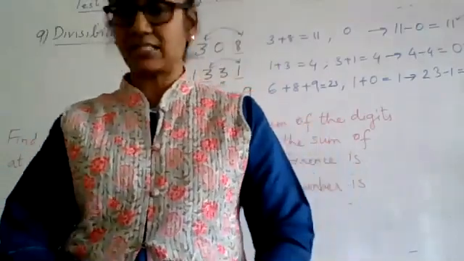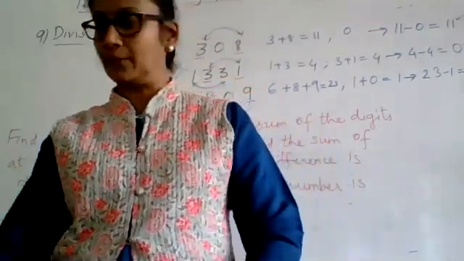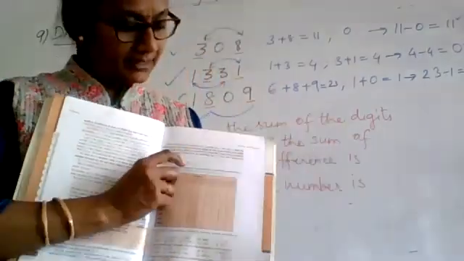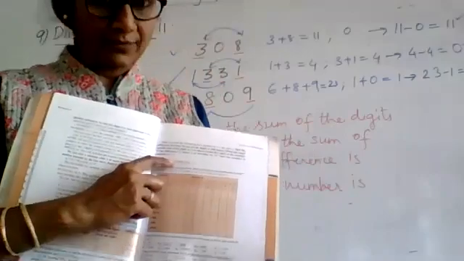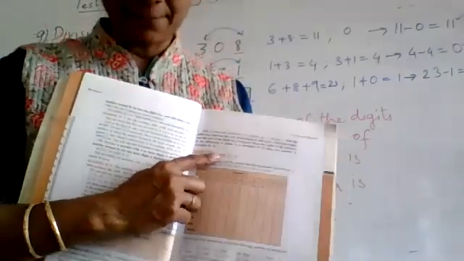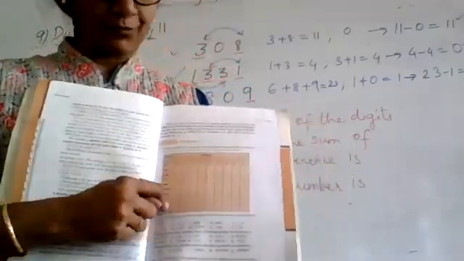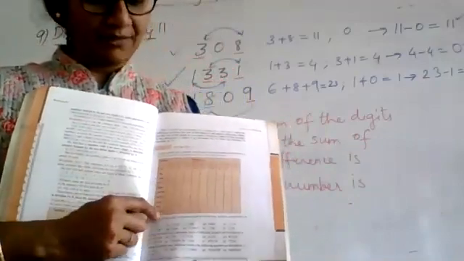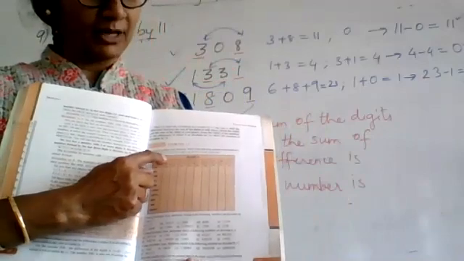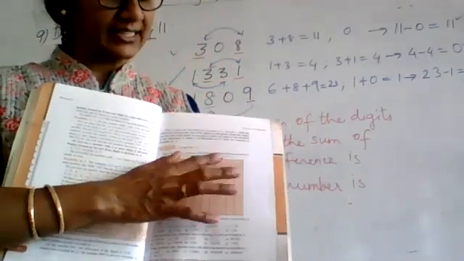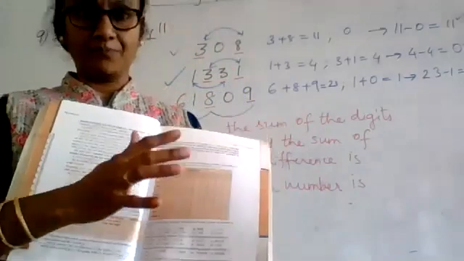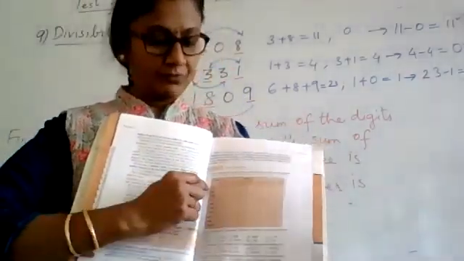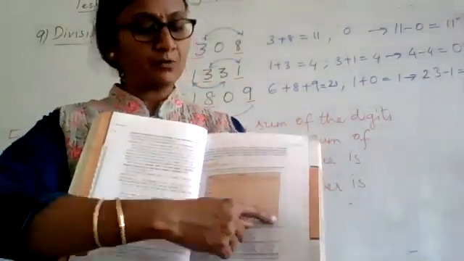Turn to exercise 3.3. There is a tabular column. I'm talking about this tabular column. In page number 57 of exercise 3.3, this tabular column you have to fill. Maybe you can do it in the textbook itself because there are numbers given and they are asking whether it is divisible by 2, 3, 4, 5, 6, 8, 9, 10 or 11. So use the divisibility test I have given and tell whether it is yes or no. The first one they have done for you. You have to do the remaining.